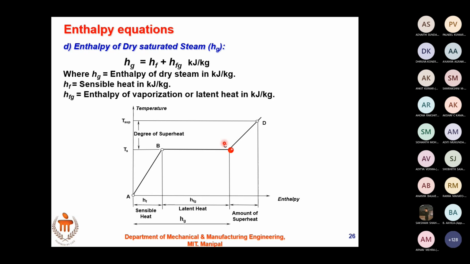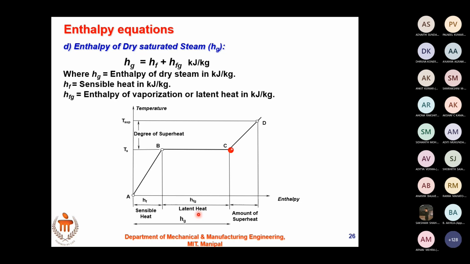Now you have come across two heats here. One is sensible heat and another one is latent heat. Can anybody tell me what is the difference between these two? Sensible heat is the energy required to convert unsaturated water at 0 degrees Celsius to saturated water, while latent heat is the energy required to convert saturated water at saturation temperature completely into dry steam, both at constant pressure. Okay, fine. Any other definitions?